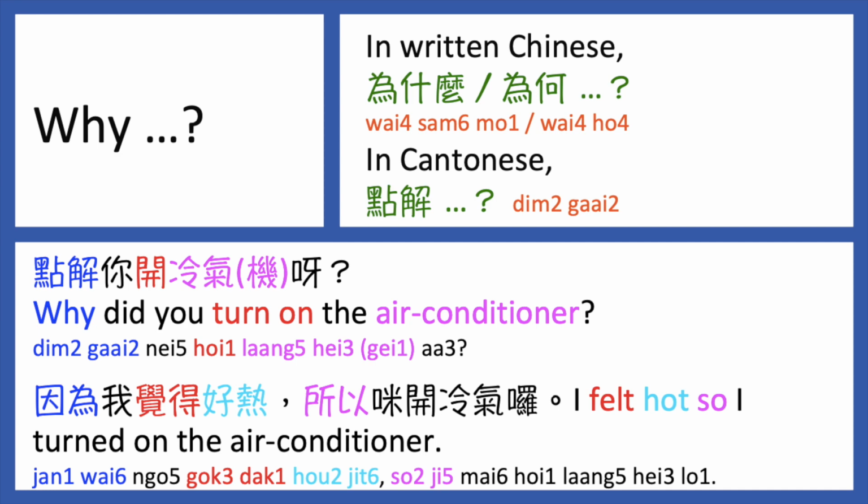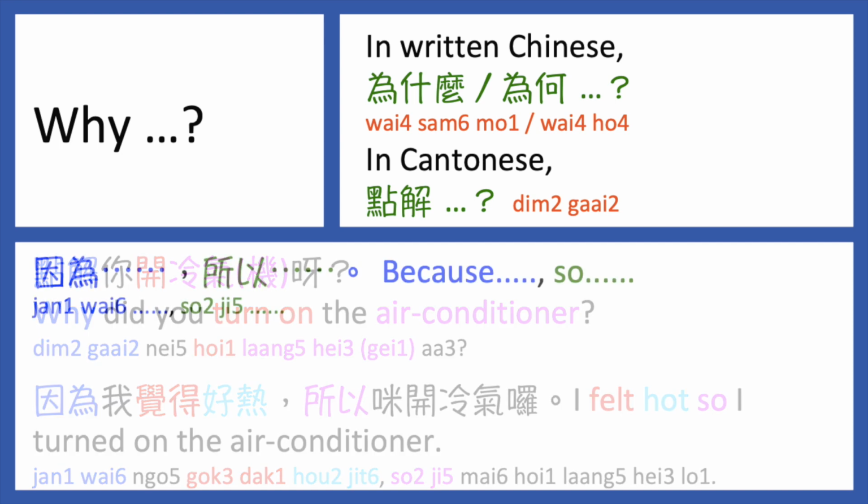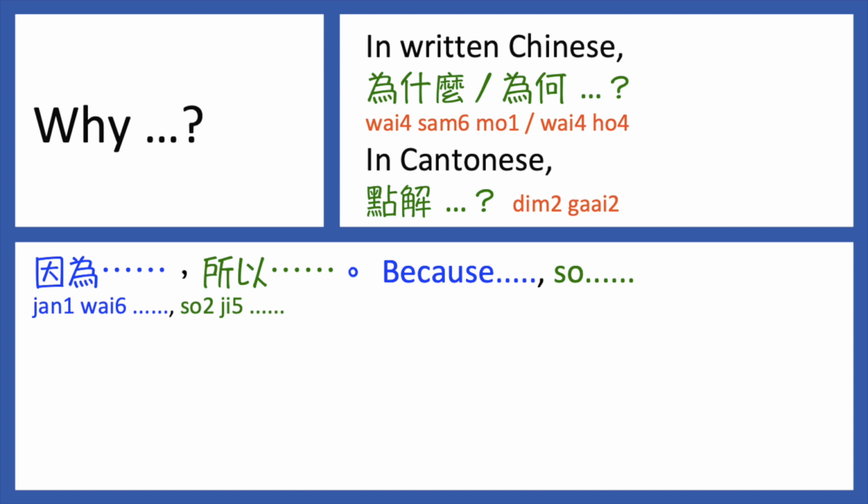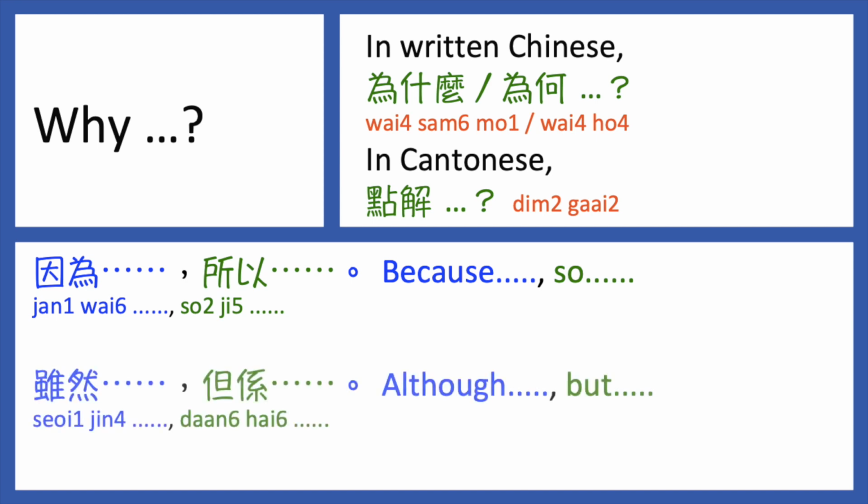Actually, we don't need to repeat the question and the answer, so normally we omit the part of 所以咪開冷氣咯。 The conjunction pair 因為、所以、 is similar to another pair 雖然、但係。 I introduced in another video. In Chinese, if we want to speak a complete sentence of reason and cause, we need to say both conjunctions 因為、 and 所以。